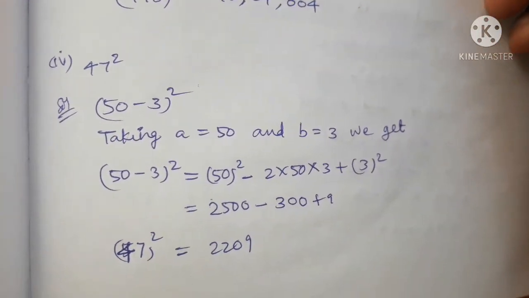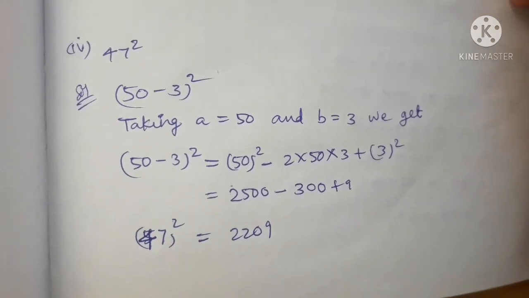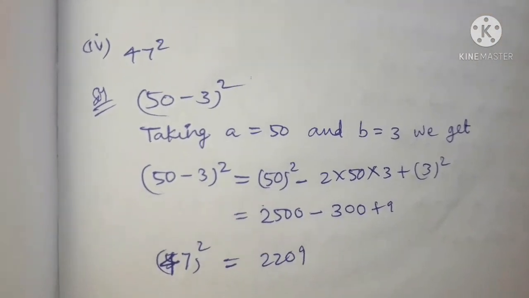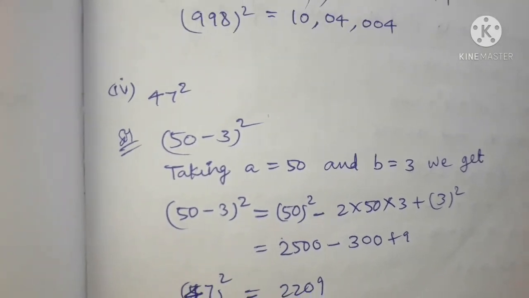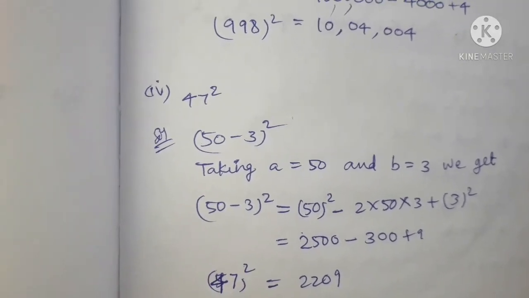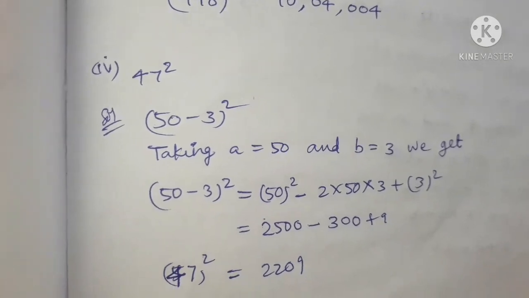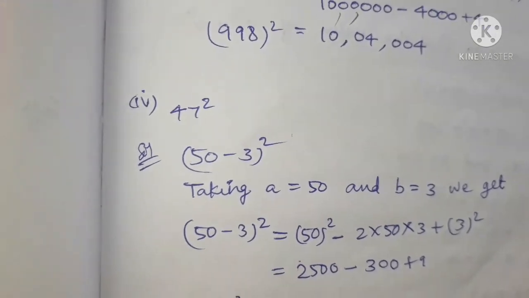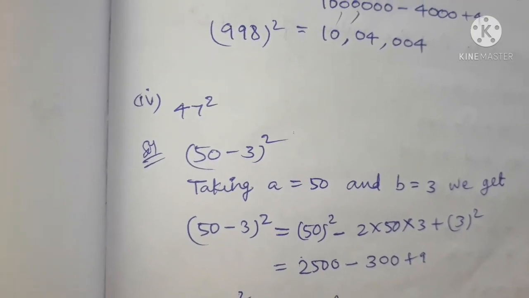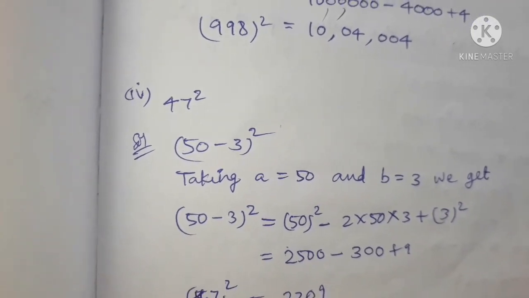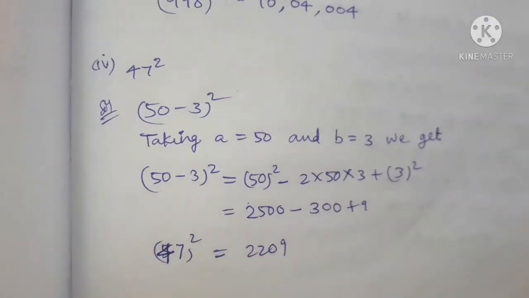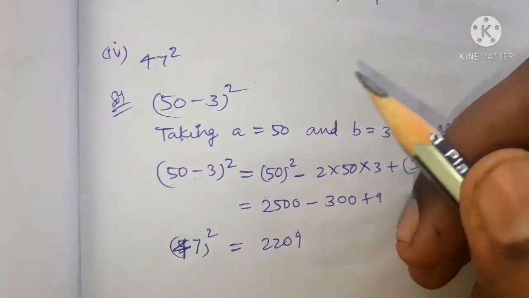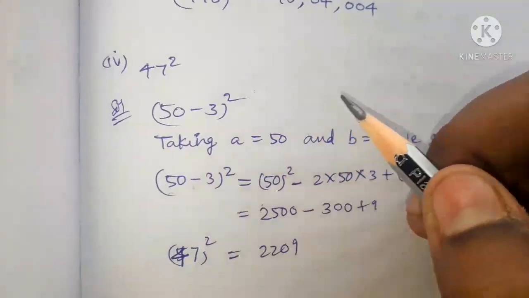And next subdivision is 47 square. So 47. Okay, now again you have to check. That is the nearest, you have two tens values. So it is 50 and 40. When you go 3 steps forward, you will get 50, and when you go 7 steps backward, you will get 40. So which is nearer distance? It is 50, right? So we'll convert 47 whole square into (50 minus 3) whole square.